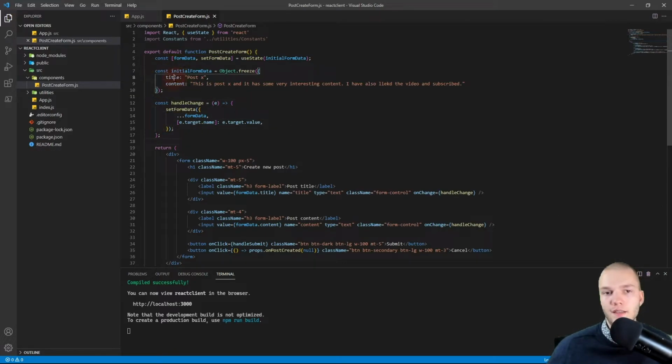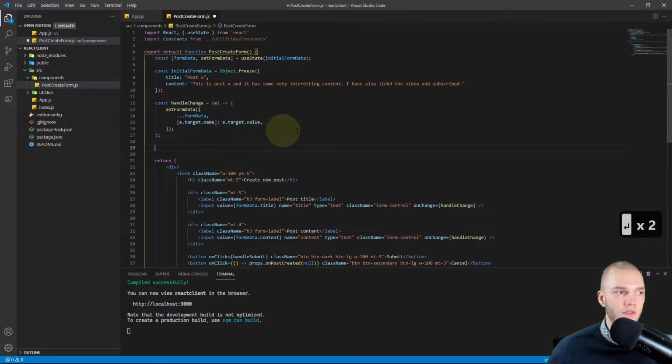So we're gonna set the property in this formData that has the same name as this input element. So say for title, we give something in. This will be title, and then set the value to the value the user gave in. Right, so that's the handleChange function.